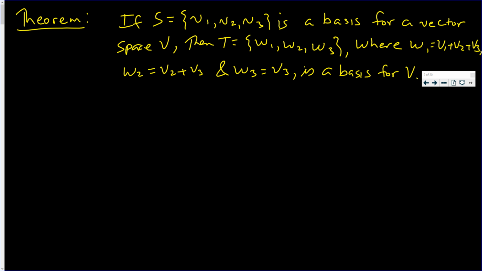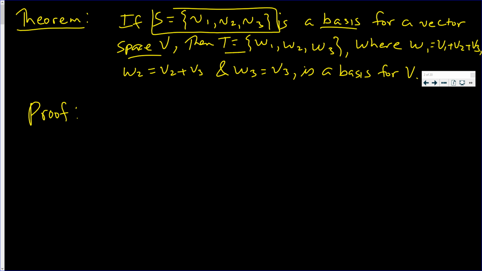Alright, in this video, we want to prove that if S equals {V1, V2, V3}, the set that contains V1, V2, and V3, is a basis for the vector space V, then T equals {W1, W2, W3}, where W1 is equal to V1 plus V2 plus V3, and W2 is equal to V2 plus V3, and W3 is V3,